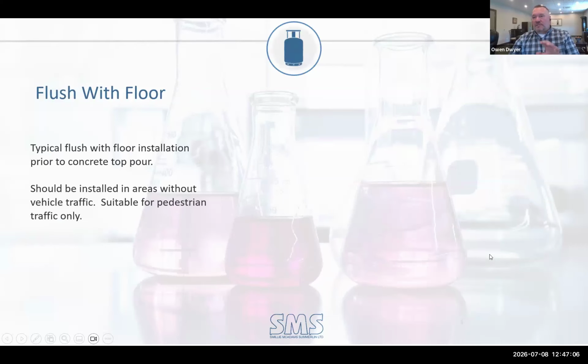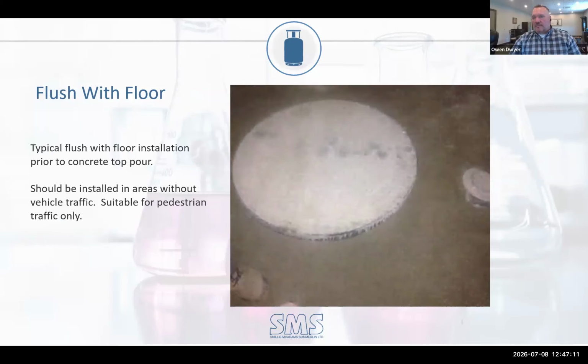Flush with floor. The images that I just showed you were for above grade. It's the exact same principles that apply for a below grade system. The only thing that's going to change is the pedestrian rated cover. I strongly recommend not to put these into areas where there's an H20 live load. They're predominantly plastic. If you can put bollards around it to prevent any vehicle traffic from going on top of these things,